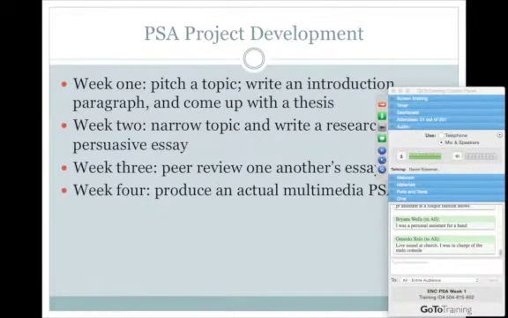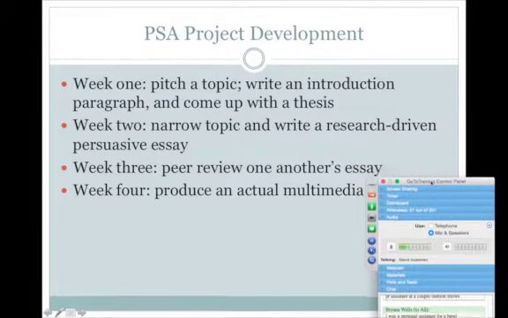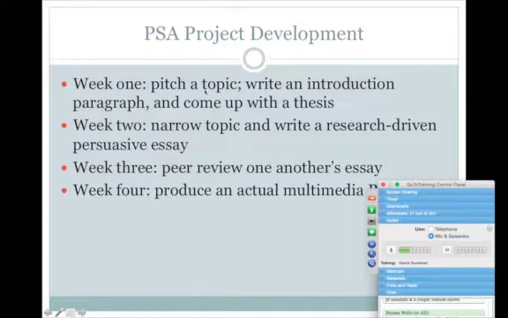Here's kind of a glimpse of what we're working on week to week in this class. Week 1, we're just going to focus on finding your topic, okay? And you're going to try your hand at writing what could function, or hopefully what will function, as your introduction paragraph for the essay that you'll write at the end of week 2. And we'll also talk about coming up with a thesis statement. Yes, we're moving pretty quickly. By Sunday, not only do you need to choose a topic, but I'm asking you to actually start drafting the opening paragraph of what will become your essay, and to deliver a thesis. We need to move fast because, well, the course only lasts 1 month. And also, it's purposely designed to be a bit top-heavy, so the first 2 weeks are kind of intense.